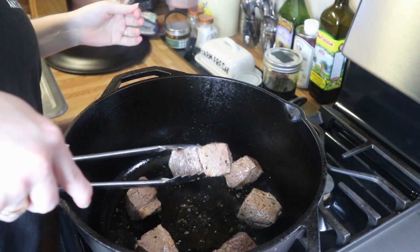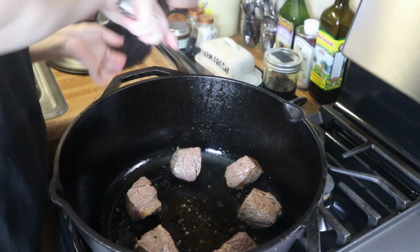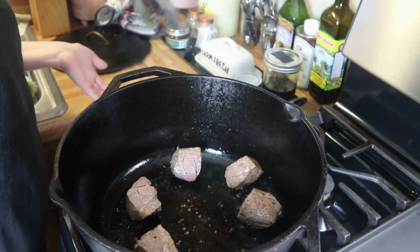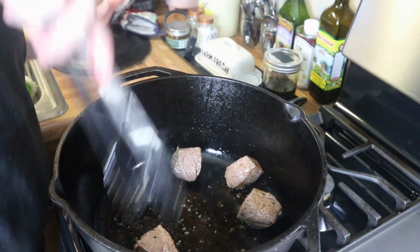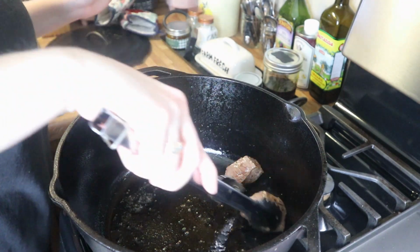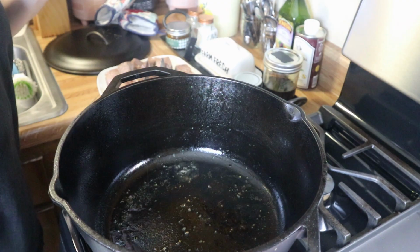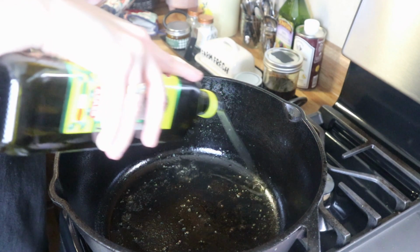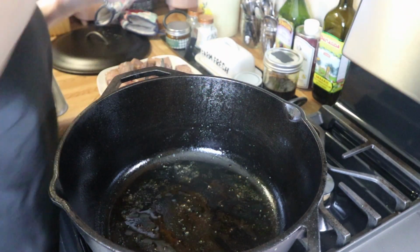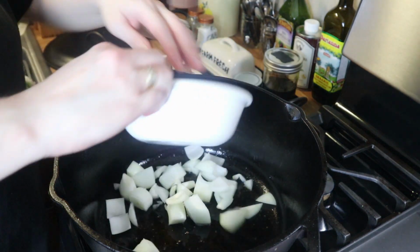Okay, so these are nice and seared on each side, and I'm just going to set them on a plate here so they can just rest and hang out while we cook our onions. There is not much oil left in the pan, so I'm just going to add probably about a tablespoon more oil, and I'm going to add in my onion,